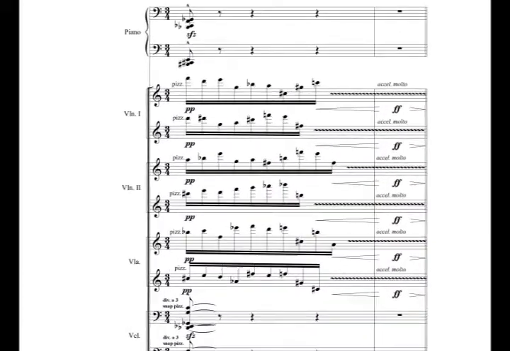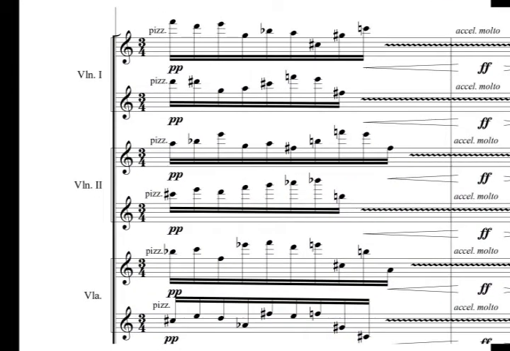Now we look at the violins and the violas. Each section, violin 1, violin 2, and violas, is divided into two, doubling the number of different written lines. The written lines are not intended to be played in strict time and are repeated on a loop for the